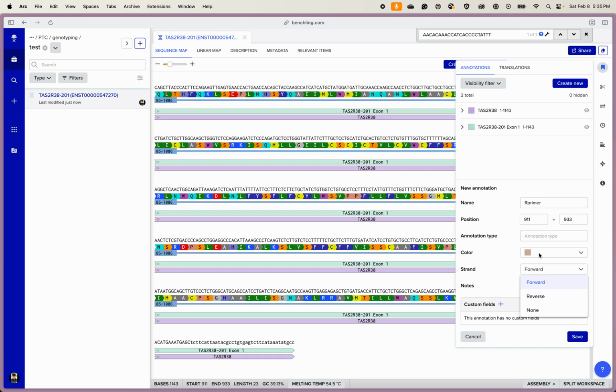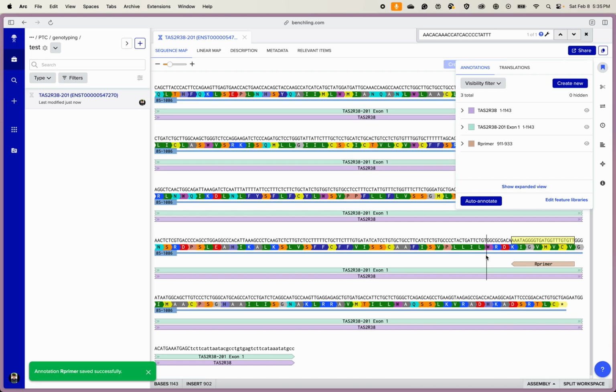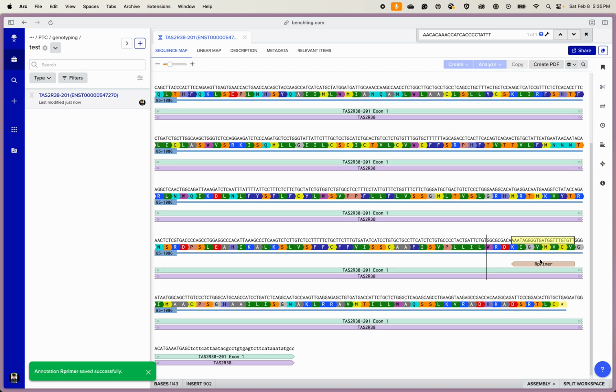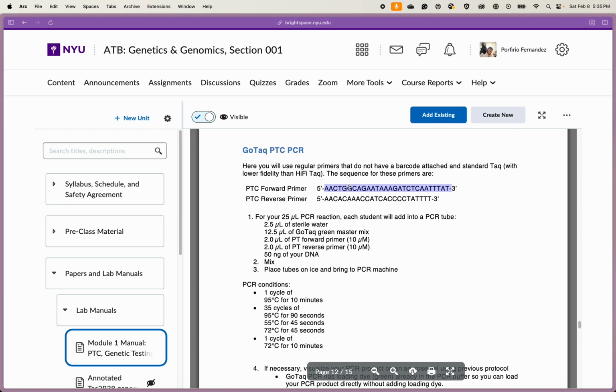Let's keep it brown. And remember this is the reverse primer, so it's gonna go in the reverse direction in this case. And we're gonna save that thing. And voila, there you have it. Your reverse primer is on your sequence. So that's cool. So now let's get the forward in there. So same thing, we're gonna go back to our manual. We're gonna copy this sequence here,